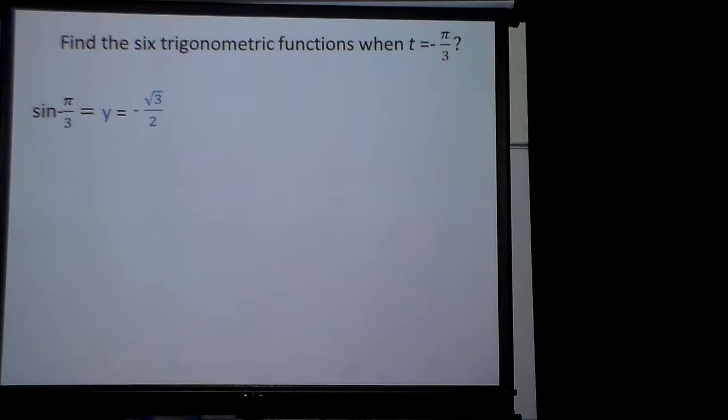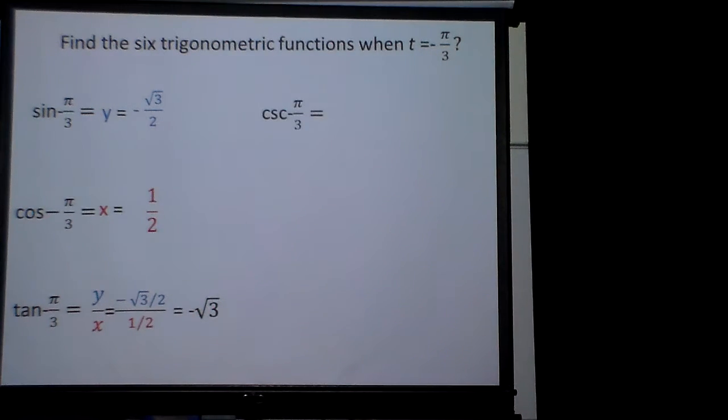So y is going to be negative square root of 3 over 2 for sine, because remember, sine is just y. Cosine is just x. So it's 1/2. So now a tangent is going to be those divided. Guess what's going to happen to those 2's? They're going to cancel out. And I have that over 1 makes it just negative square root of 3. Now, cosecant is going to be this one flipped. So basically I'm going to take that and turn it upside down, which when you rationalize that makes it